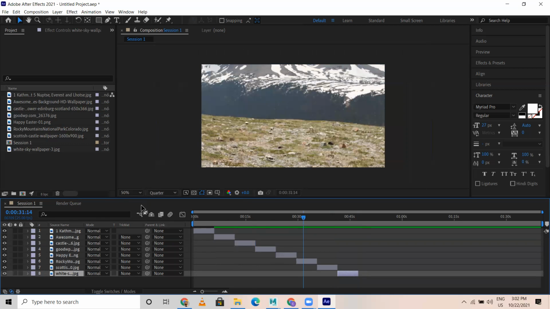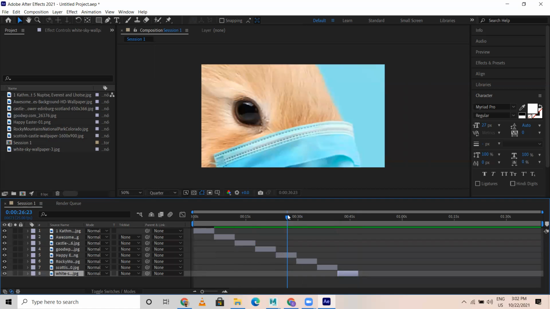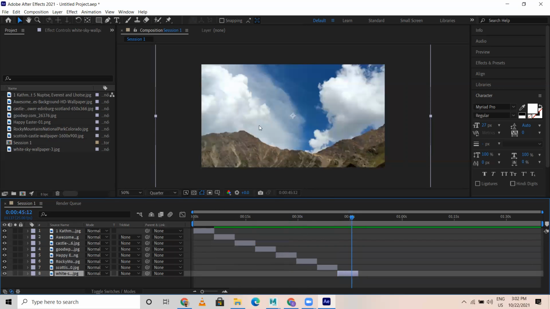Okay, now you can see here, there's one more thing. I'm not able to see the quality, it's a bit blurry, it's not great, right? That's because the view resolution is set to quarter. This is only for the view purpose, whatever you see here. When we are working on a complex scene, we set this to quarter because the system takes a lot of time to view each and every frame in high resolution. In low resolution, it responds quickly.